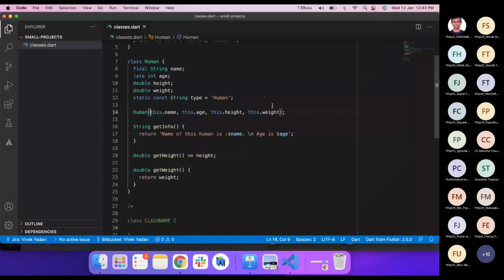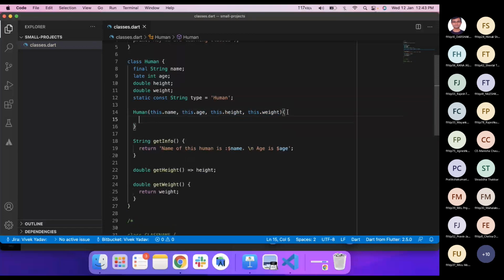You can find one simple difference here: we are passing everything in just a single line, and we are not creating any curly braces like this. So this is how we write a constructor.